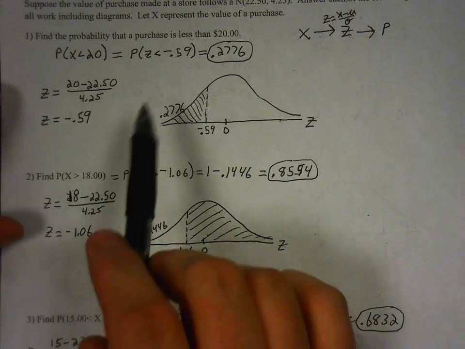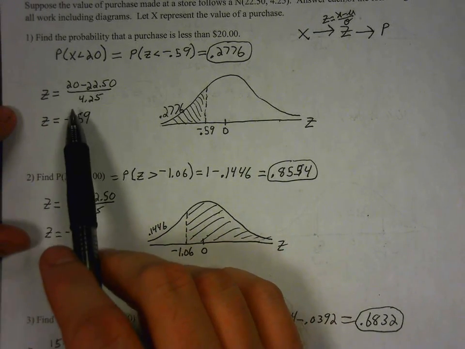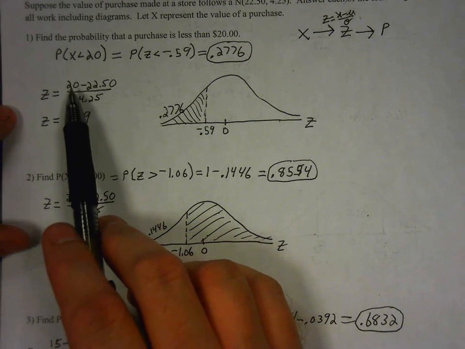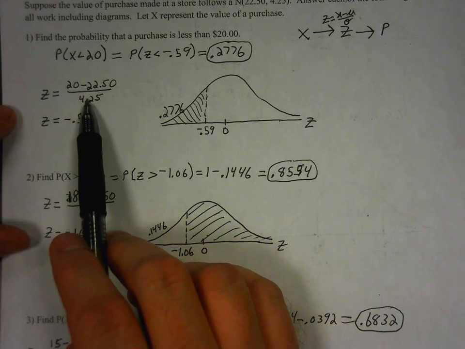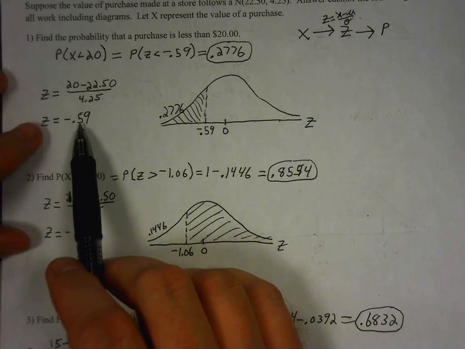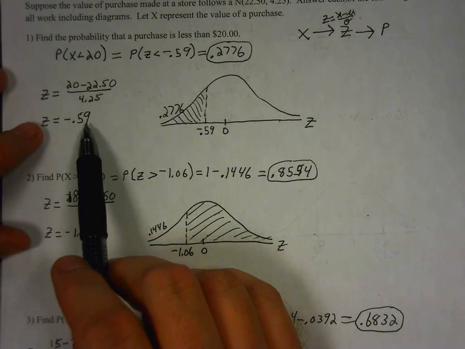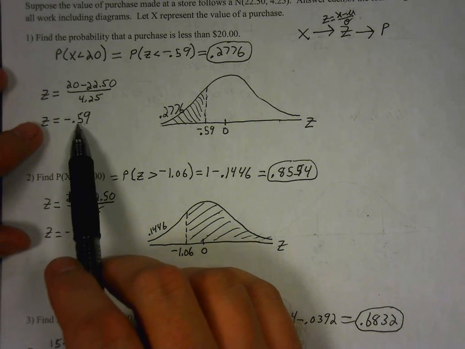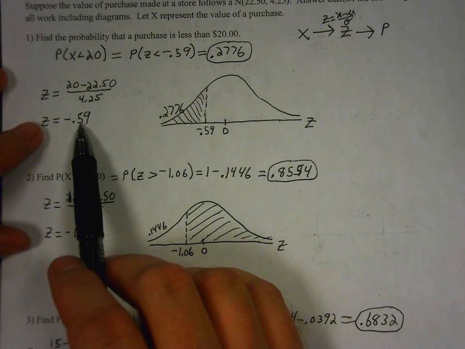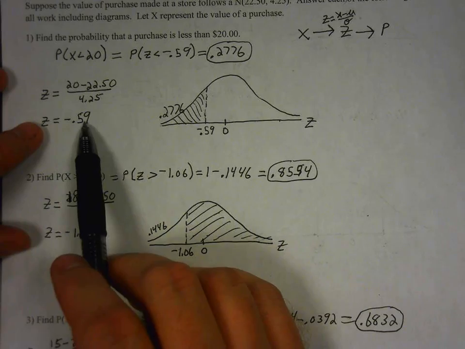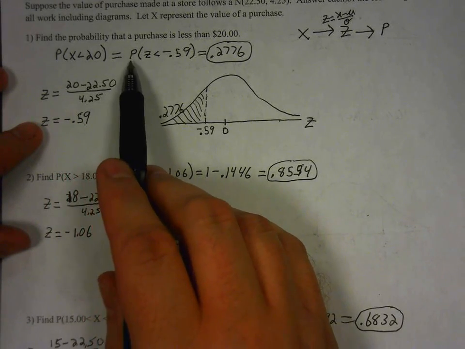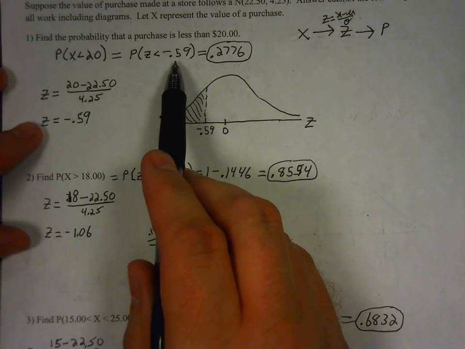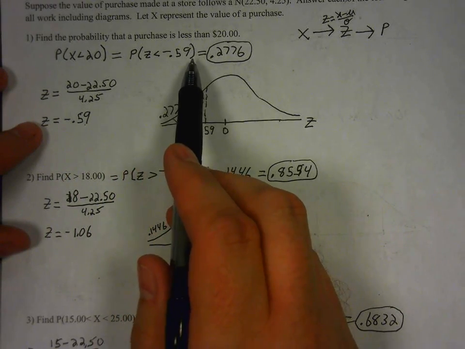When you find your z-score, you get negative 0.59, because you're doing x, the data value, minus the mean, over the standard deviation. To the nearest hundredth, because you always round to the nearest hundredth, your z-score is negative 0.59. So the probability that x is less than 20 equals the probability that z is less than negative 0.59, which equals